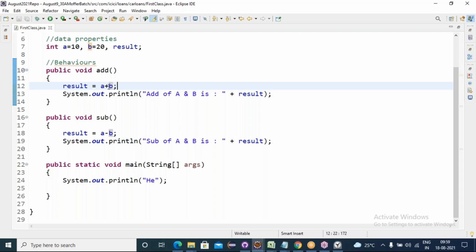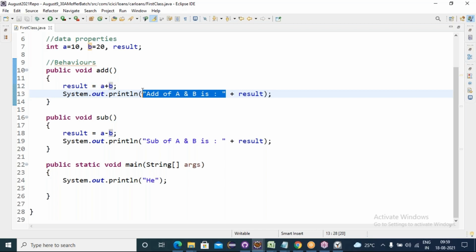Both can be integers or both can be floats; with a plus between them, it does the addition. But in this case, is this an integer? Anything represented in double quotations is called a string. This is string type data, and this is number type data. Two different data types with a plus between them does the concatenation, combining.